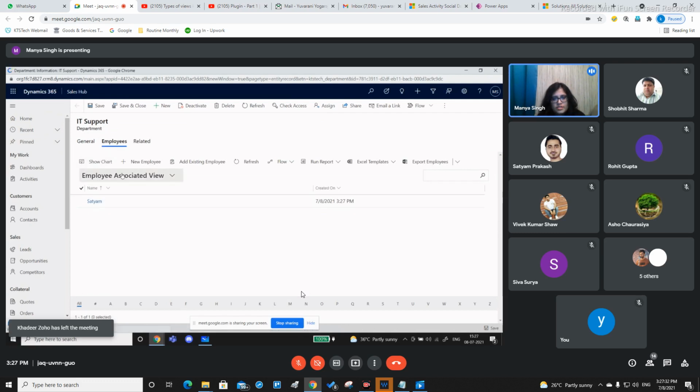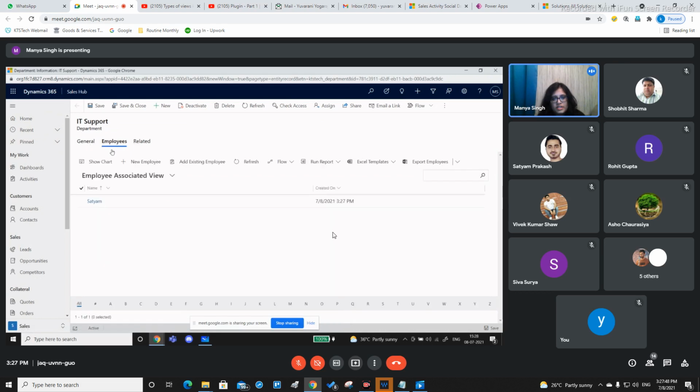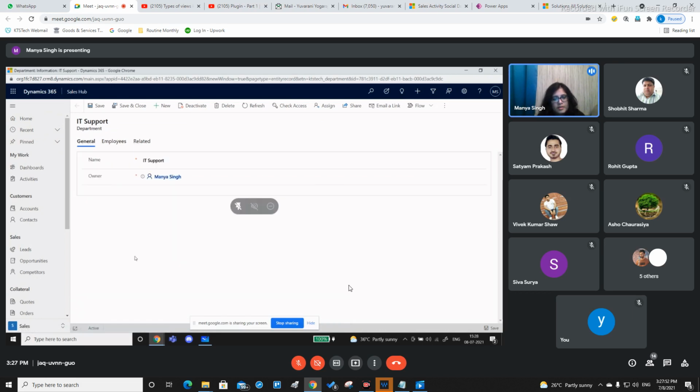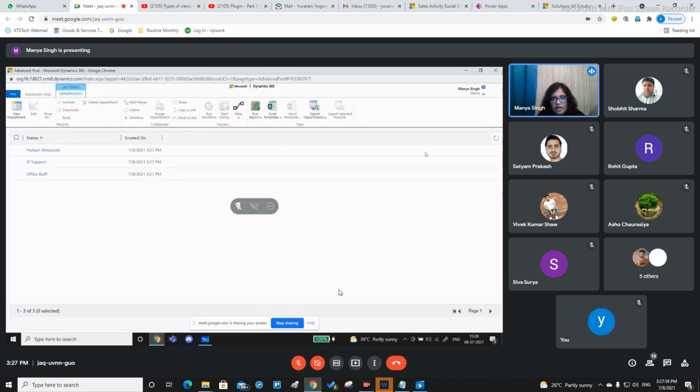This is an associated view where you are able to see the different records, the different employees which are associated with this department. It makes complete sense when we are even trying to explain this, that it is associated with this particular department, so you can view their information in some manner and you can get directed to the record right from this department record as well. So this was all about lookup, guys. Any doubts in lookup?